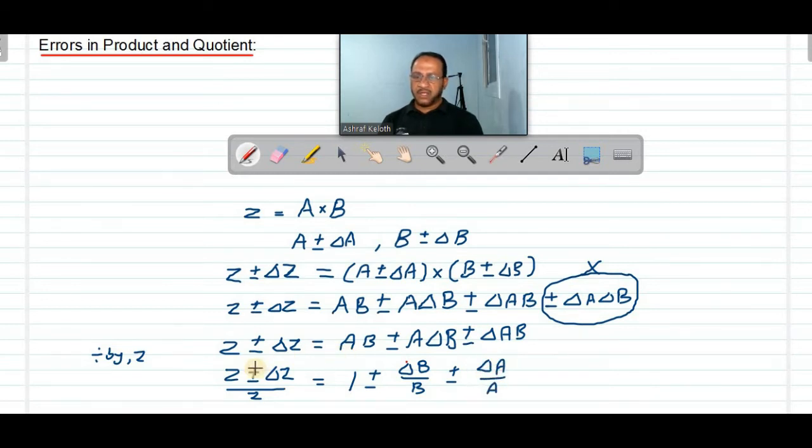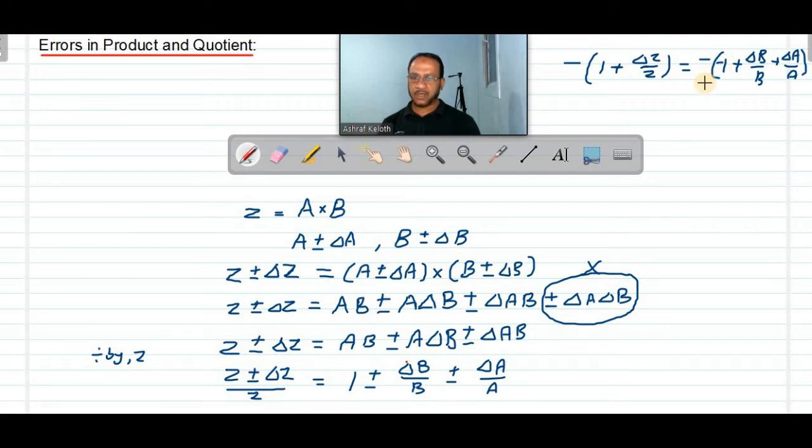In this quantity, first I am dividing z by z. What is z by z? Then plus or minus delta z by z is equal to, and on the right hand side, there is minus here, correct. Here minus will be there, and here also minus will be there. Z plus or minus 1. And this common minus we can cancel here. Then finally, this minus 1 and minus 1 also will get cancelled.